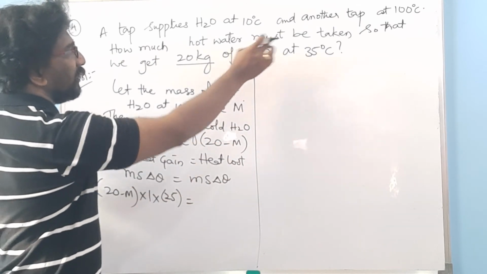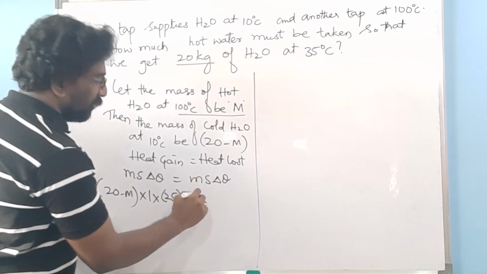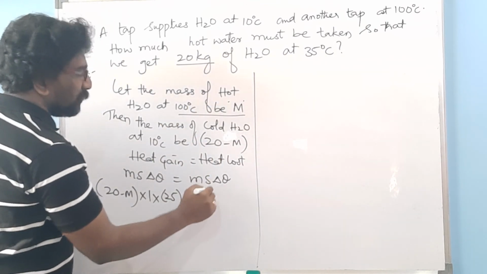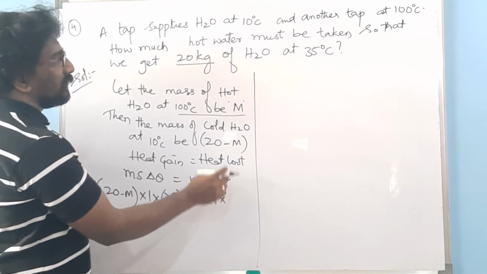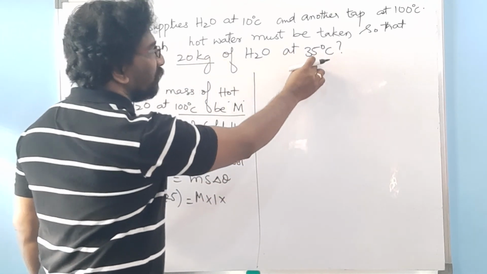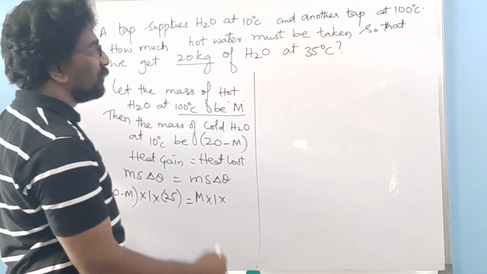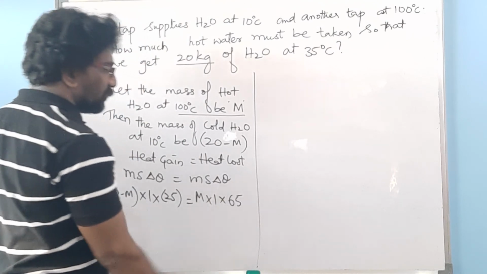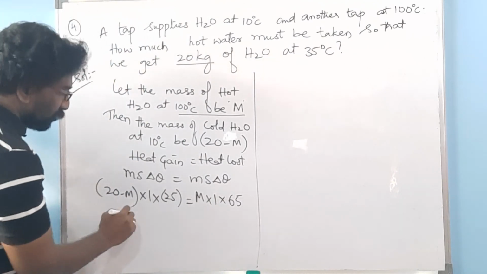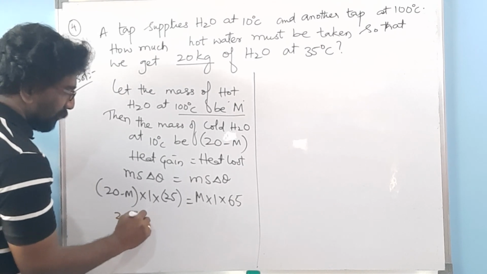Heat is lost by the 100 degrees Celsius water. So the mass of 100 degrees Celsius water is m. So m into specific heat capacity of water 1 into delta theta. What is delta theta? The final temperature is 35 and the initial temperature of that hot water is 100 degrees Celsius. So it becomes 100 minus 35, that is equal to 65 degrees Celsius. So this is equal to 20 minus m